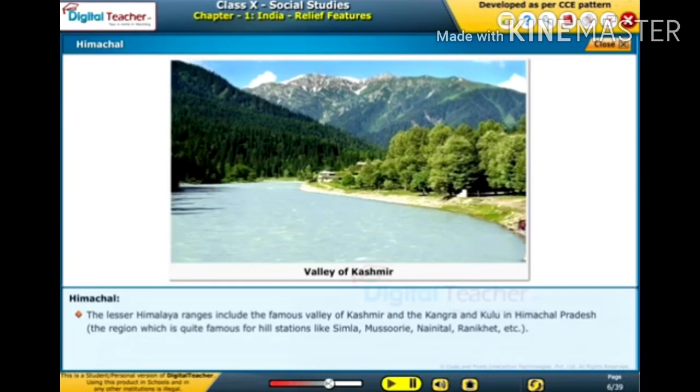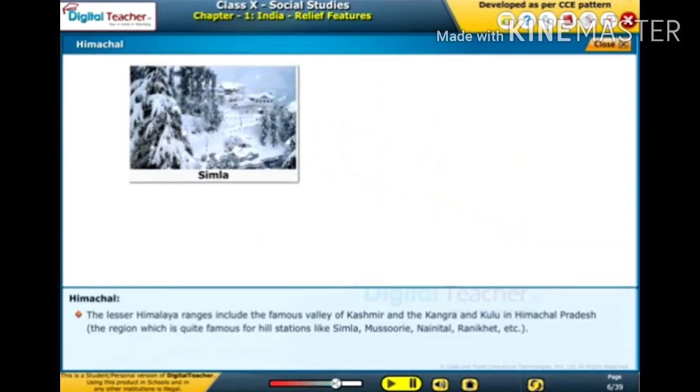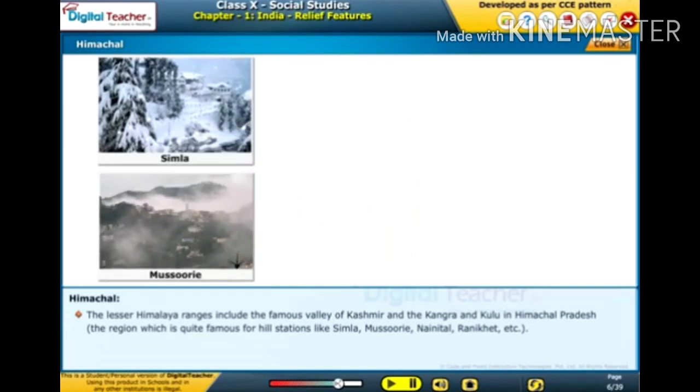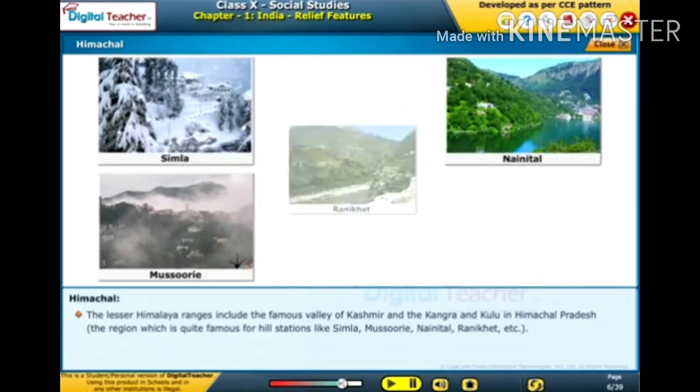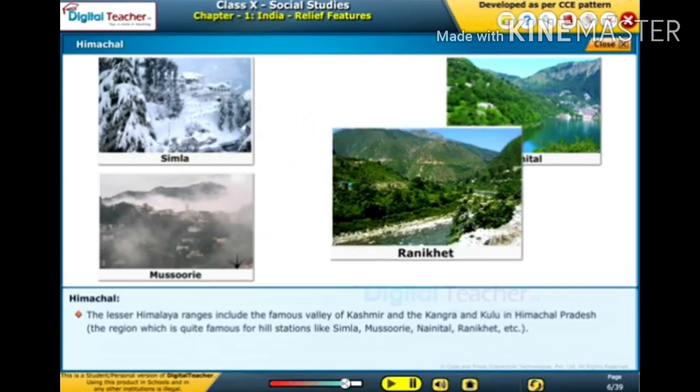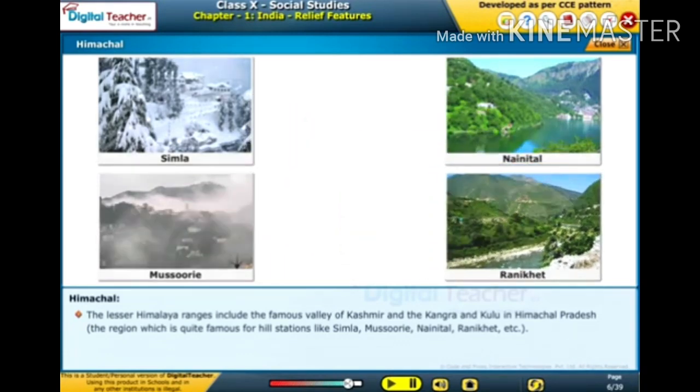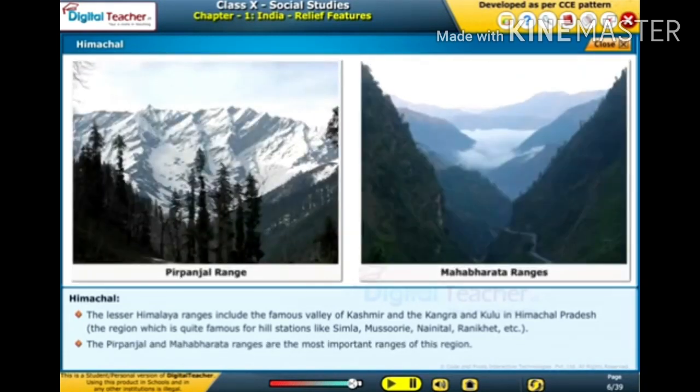The region is quite famous for hill stations like Simla, Mussoorie, Nainital, Ranikhet, etc. The Birpanjal and Mahabharata ranges are the most important ranges of this region. Let us now learn about the Shivalik ranges.